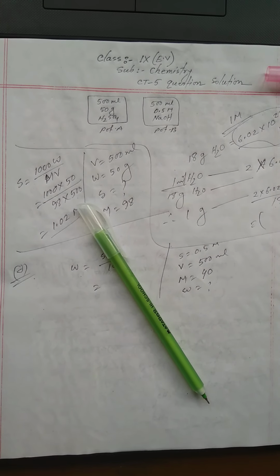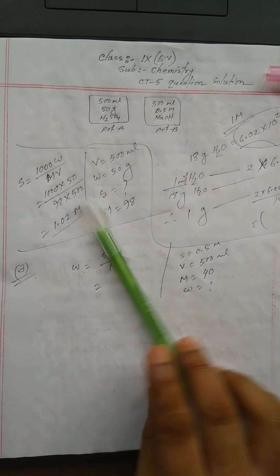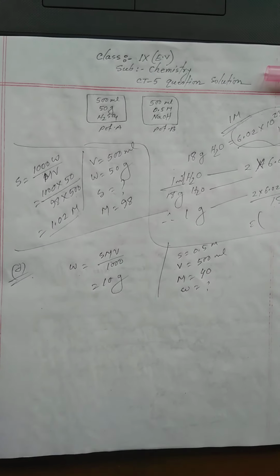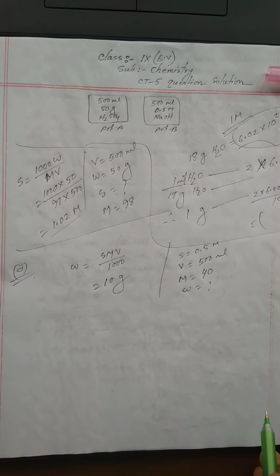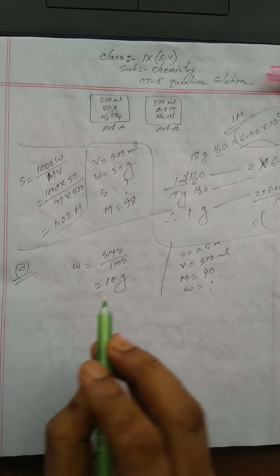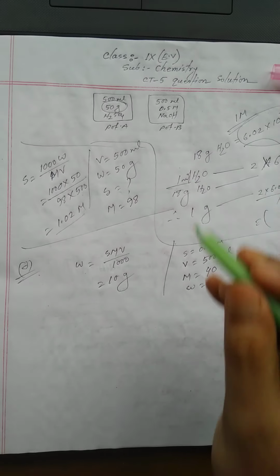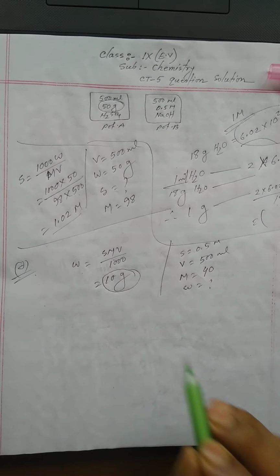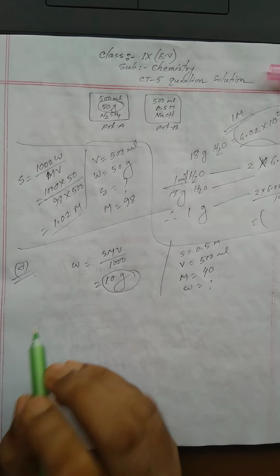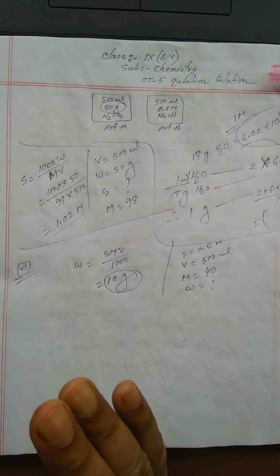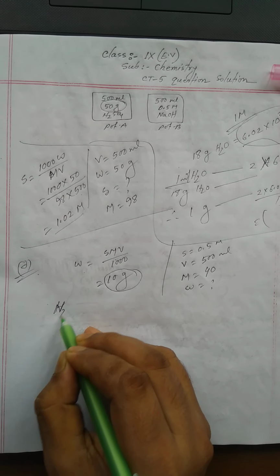So this will be 10 gram NaOH present in pot B. So in pot A the amount of solute is 50 gram, and in pot B we get 10 gram of NaOH present. Now if we mix both solutions, then the following reaction will occur: